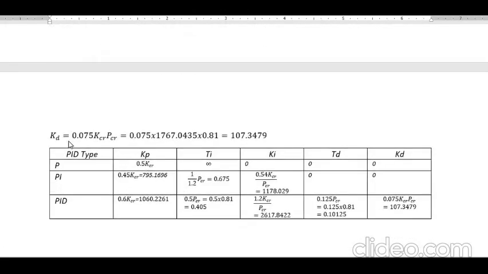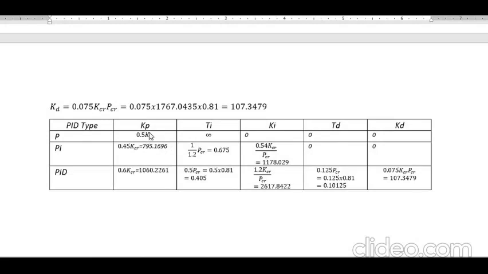KD is equal to 0.075 KCR PCR, and then we get this value for KD. From this table we can see KP for proportional. If we apply a proportional controller, that is the value for KP, TI is infinite, KI is 0, TD is 0, meaning KD is also 0. For the PI controller, that is the value for KP, and there is the formula for TI and the formula for KI, and then 0. And there is the one for PID.